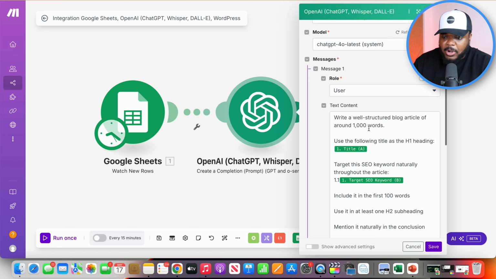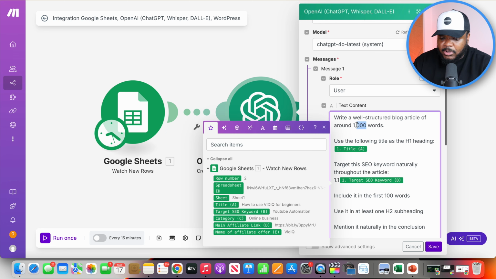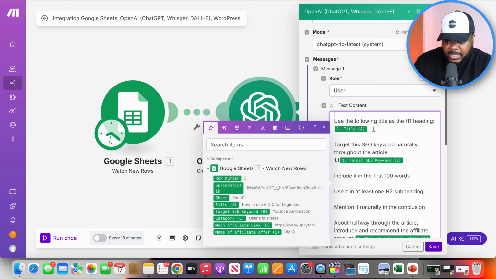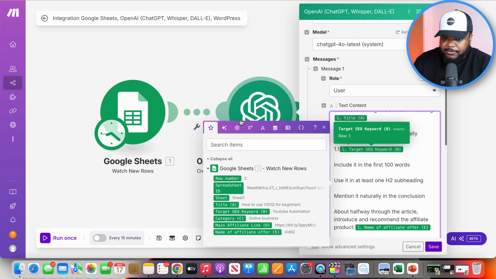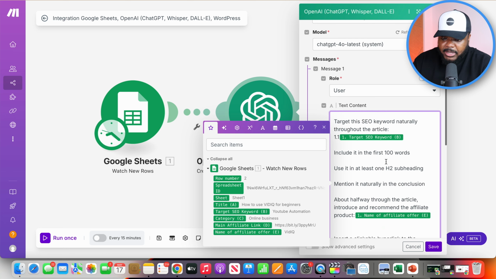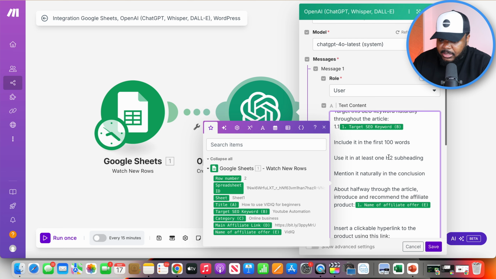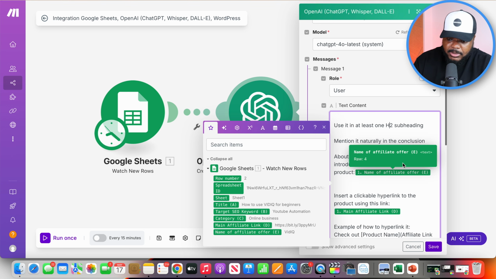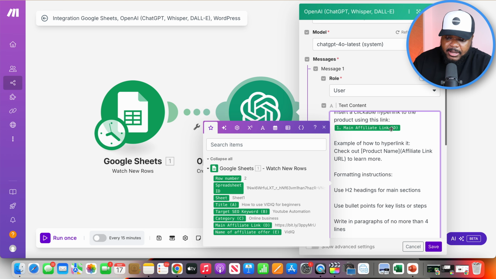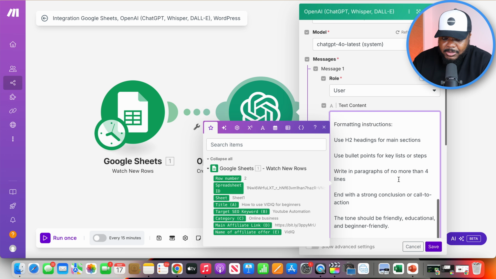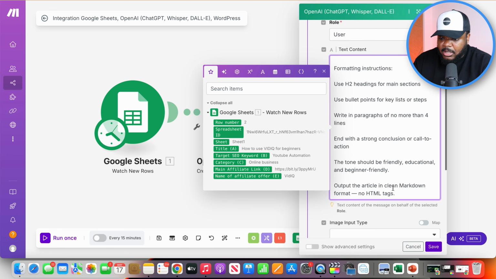So I'm going to tell it to write a 1,000 word article. I would say you want to make it minimum 1,500 words. You want to make sure that you're grabbing the title from the spreadsheet as well as the target SEO keyword. All of these different green boxes are mapped directly from the Google Sheet. There's a lot of other information when it comes to the H2 heading, H1 heading, when to put the specific product that I'm going to be promoting. Make sure that it's a hyperlink. Make sure that you use the right name. It goes on and on. I could spend 10 minutes just talking about this, but basically it's just a prompt telling it the style of